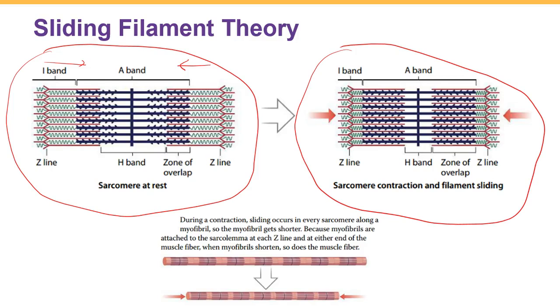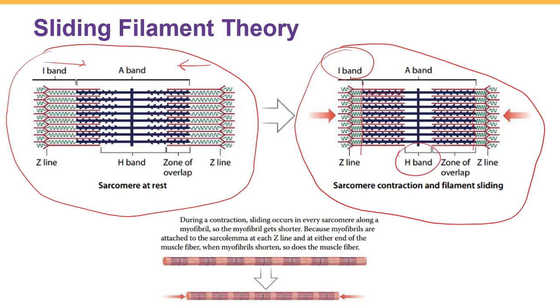So we have the shortened sarcomere by muscle contraction because our thin filament slides over the thick filament, and we have more overlap between actin and myosin filaments. That's the reason our I band gets shorter, because now we have less area with only thin filament and more area of overlap. If you remember, our A band is the whole length of the myosin or thick filament. So the thick filament is fixed and it's not going to change. Because we have more overlap between actin and myosin in comparison with the sarcomere at rest, the area of our H band